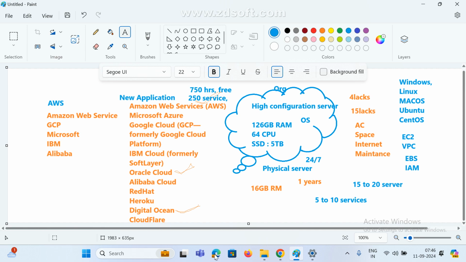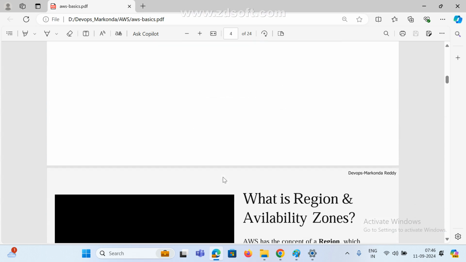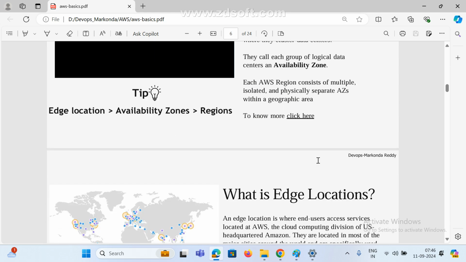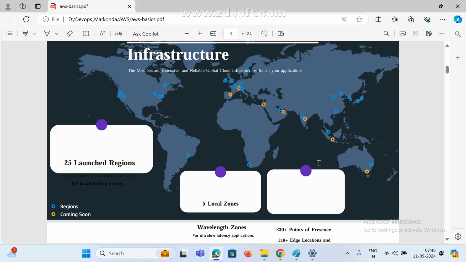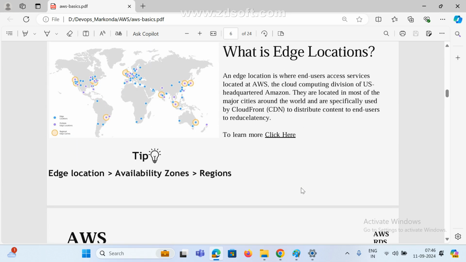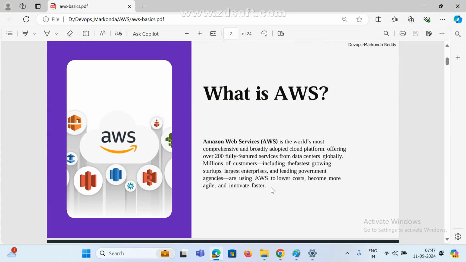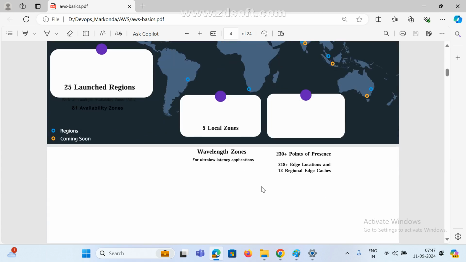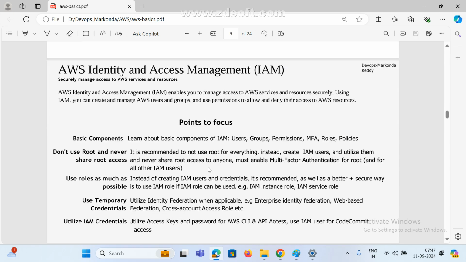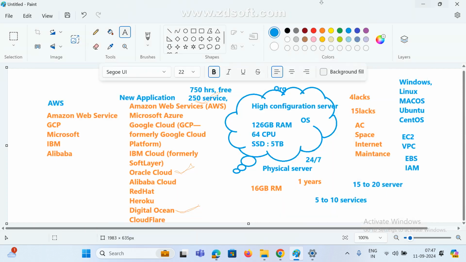Now coming to here, these are some basics, how it will work and all. What is a region? This is a physical location, and availability zones are the data centers. Worldwide, how many as of now? 30 regions and 96 availability zones. This is worldwide only. Here the counts are very low, as the document is not updated, but they recently maintain the totals. And these are some of the services, whatever you want.